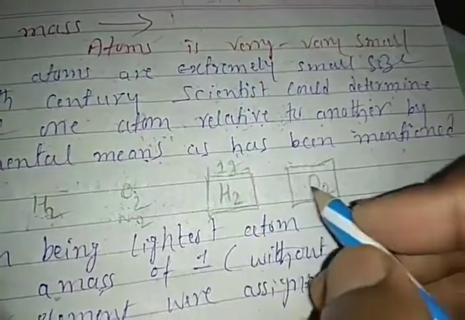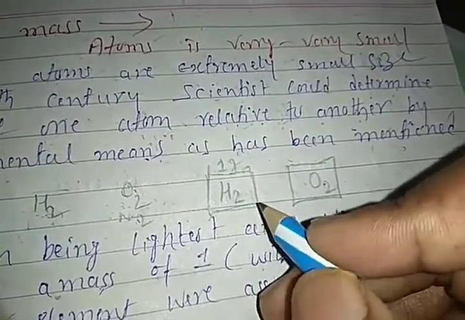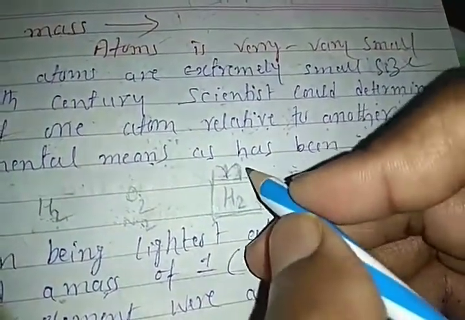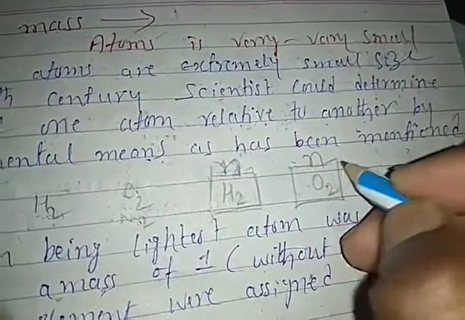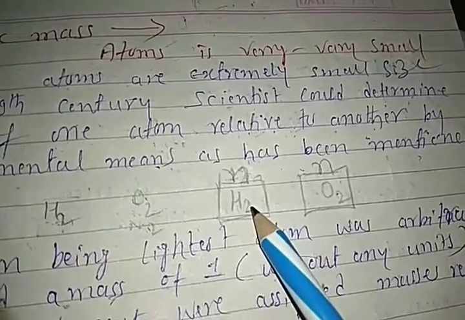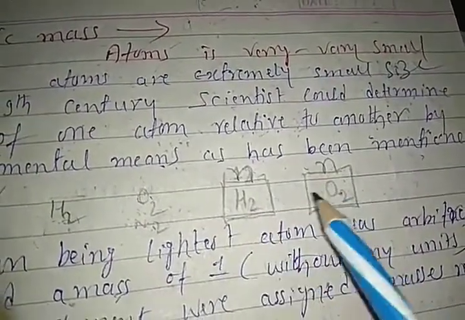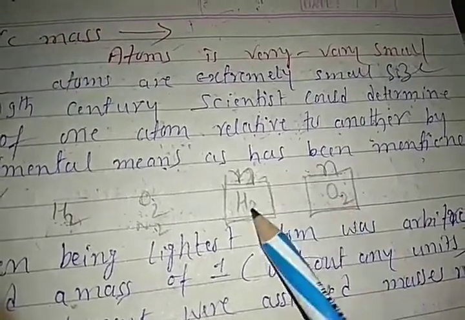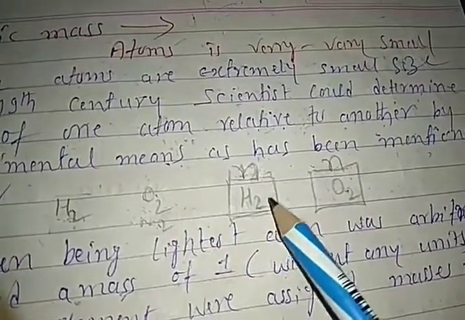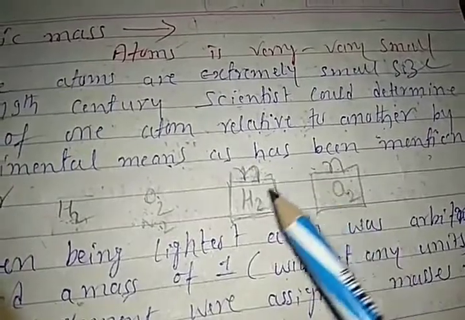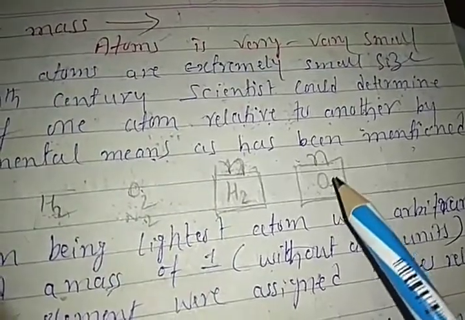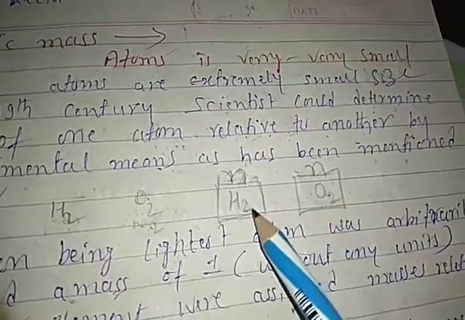So both have the same number of molecules, because according to the Avogadro hypothesis, if n molecules are in this chamber, the same number n of molecules are in the second, oxygen chamber, because the volume of the gas depends upon the volume of the container. Both containers have the same temperature and pressure, so the same number of molecules are present. Right, students? So we calculate the oxygen mass with respect to hydrogen.